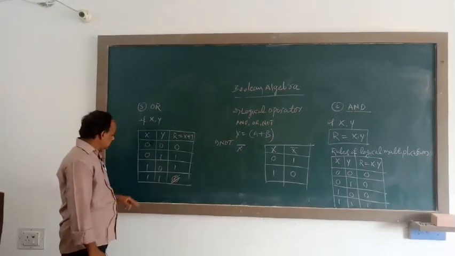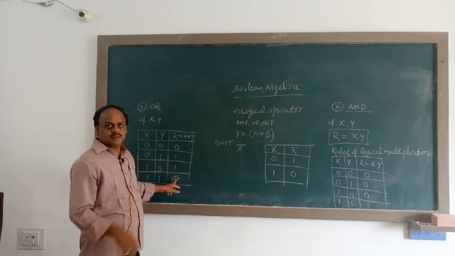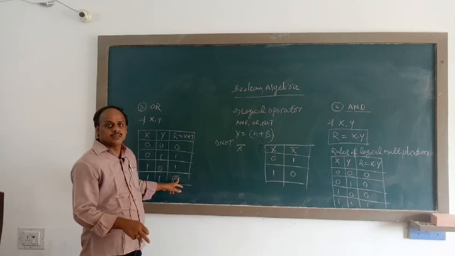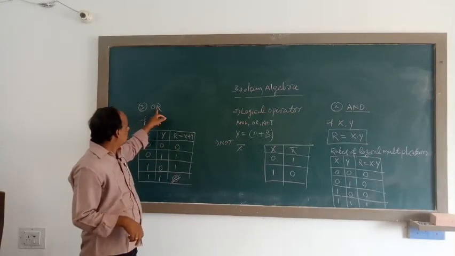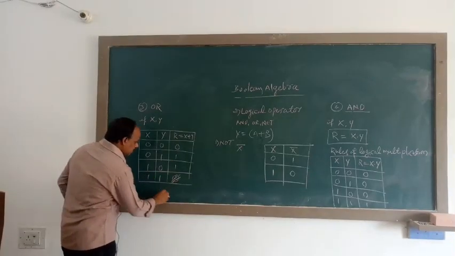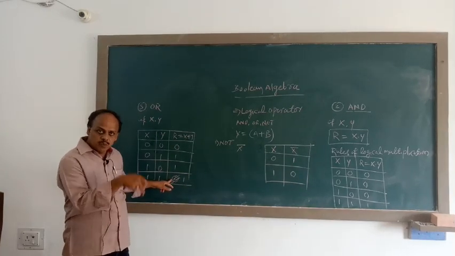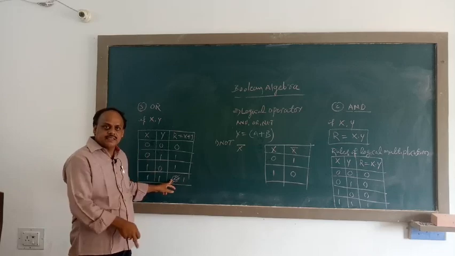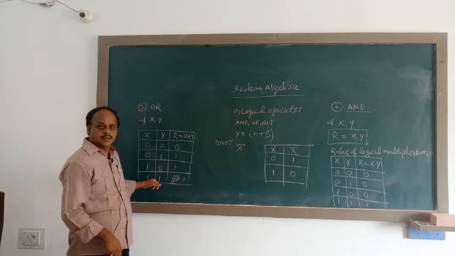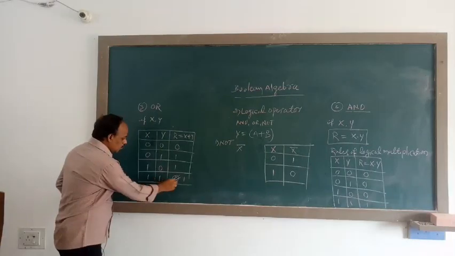So that's why 1 plus 1 is not 2. That is what we studied in normal maths, that algebra where 1 plus 1 is 2. But here we are discussing Boolean algebra. So according to the rules of the OR operation, logical addition, 1 plus 1 we get 1 only, not 2. Because we are discussing Boolean algebra, we must get the result in either 0 or 1 form. That's why we have to follow this logical OR operation rule, that is 1 plus 1 is 1.